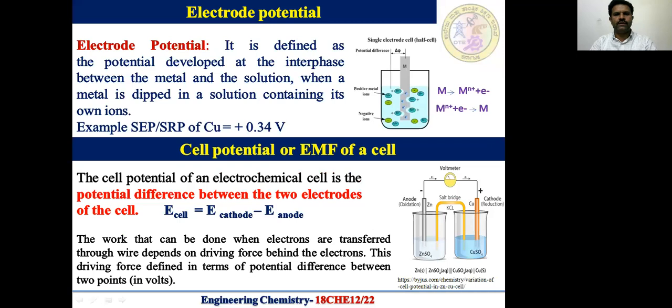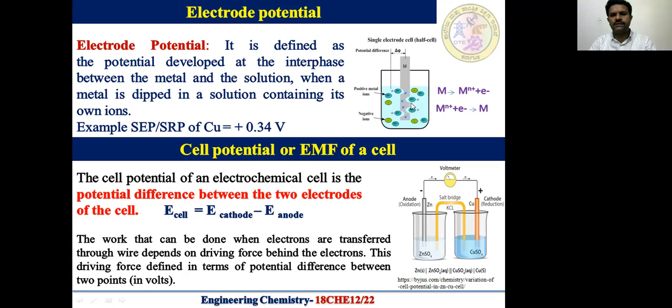Electrode potential is a very important term we are using in electrochemistry. So then what is electrode potential? If we look at the picture, when a metal is immersed in the solution containing its own ions, let us take an example, copper metal. When it is immersed in the solution containing copper 2+ ions, then there are two types